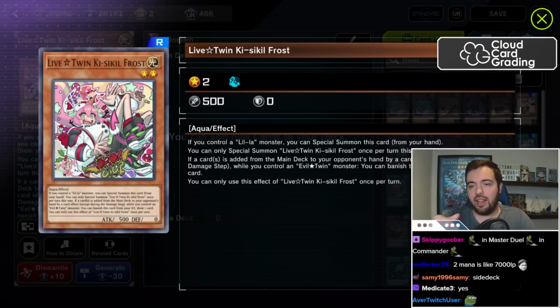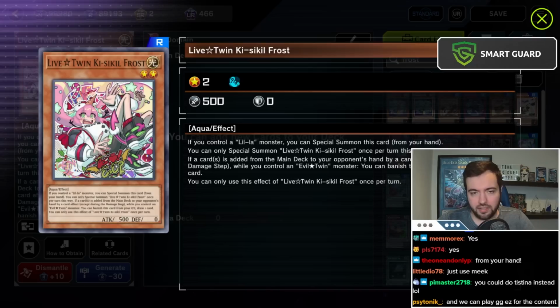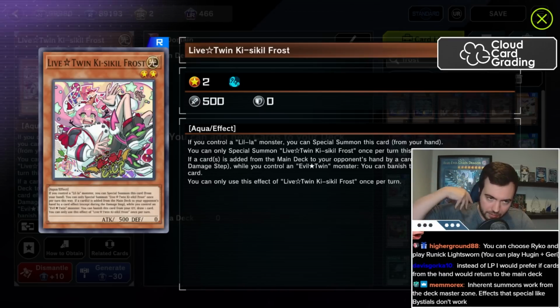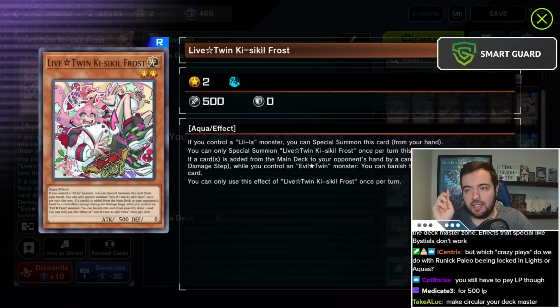Because I don't think I can just summon it. I can only special summon it while I control a Lila monster from the Deckmaster zone. Otherwise, it will be a normal summon. Right? From your hand, I don't think that counts. I'm pretty sure that is ignored because obviously you can't summon it from hand as your Deckmaster. I'm pretty sure it can be your normal summon. And then if you control a Lila monster, it can also be your special summon from there. But then for the second one, I have to pay 500 life points. But then the plan would be... I'm not finished. The plan would be that...